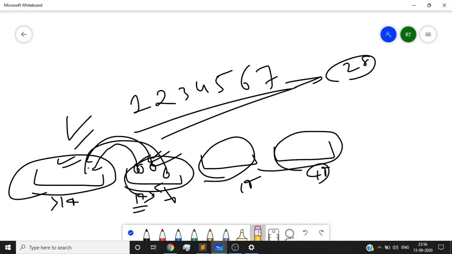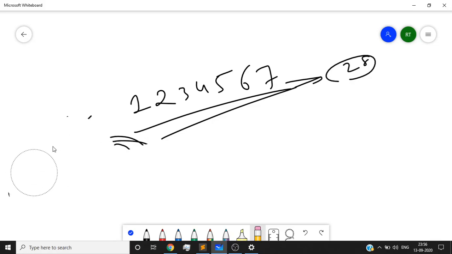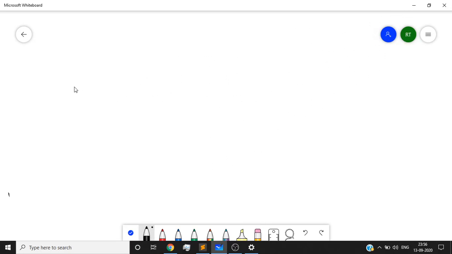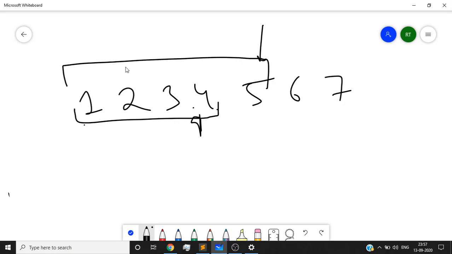For this I'll use binary search. Now let's see how binary search will help in this scenario. Let's consider this case only, with integers from 1 to 7. I know that the sum from here to here is definitely going to be less than the sum from here to here, so we can use binary search over here.